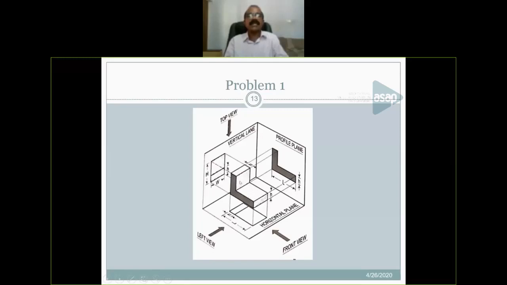Then the other face, front face points. So only this plane and this plane you can see. That is why they plotted here. So this figure represents the elevation. Similarly, the top view, looking from the top of the object, you can see this surface is visible. Similarly, this surface is visible. All the other surfaces are not visible. So this diagram represents the plan.